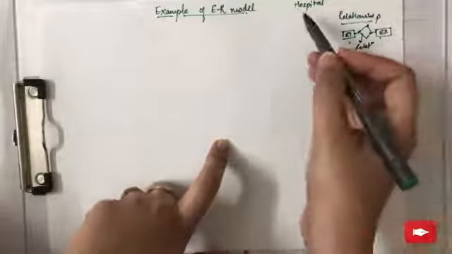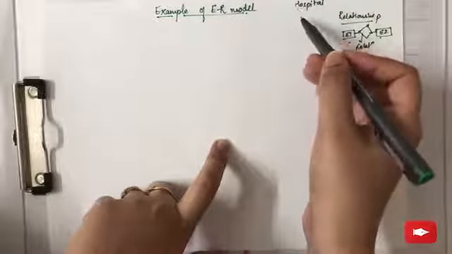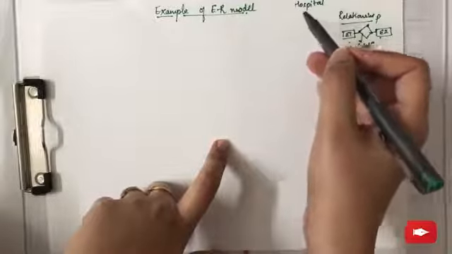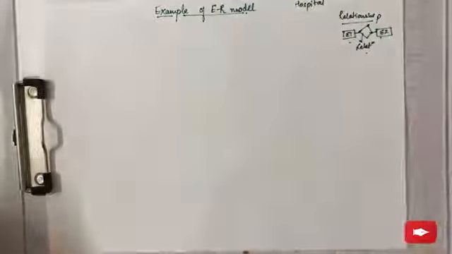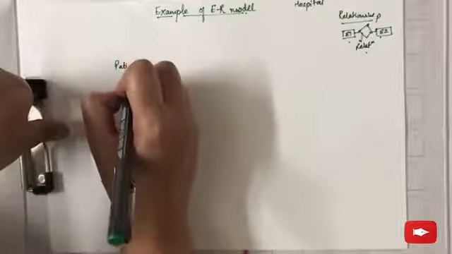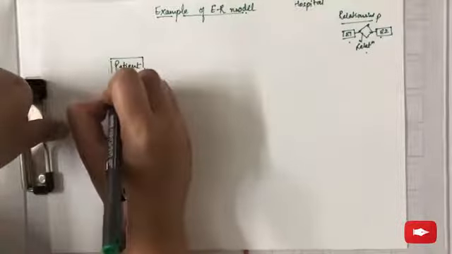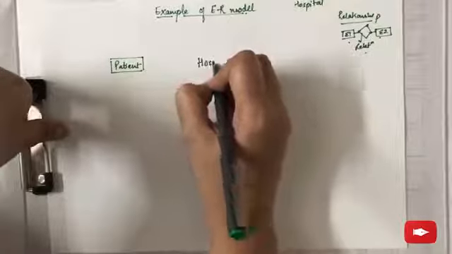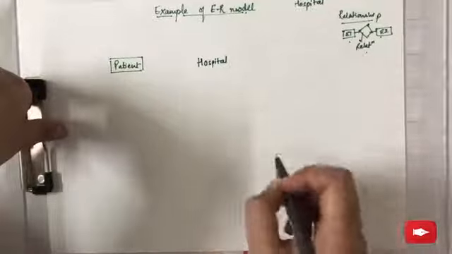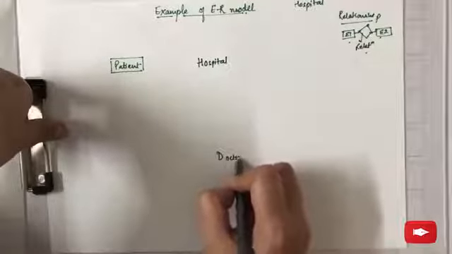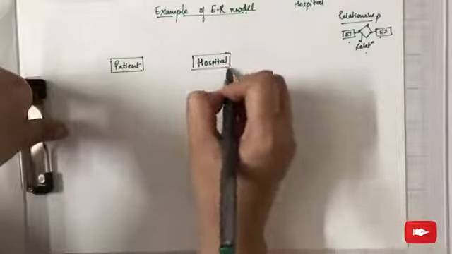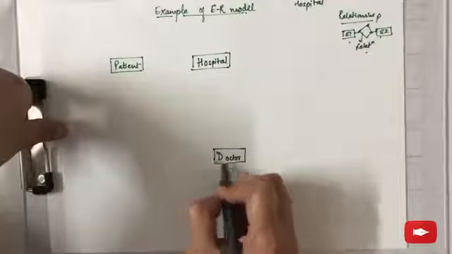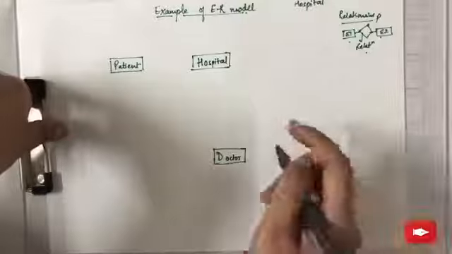Okay, now coming back to the example, we have to make an ER diagram for hospital with a set of patients and medical doctors. So firstly, we need to decide what all entities we can take. Now for instance, I am taking first entity to be a patient. It has to be represented in a rectangular box. Okay. Next entity I am taking is hospital, and the third one I am taking is doctor. I'm taking 3 entities. Now we need to think about the attributes of these entities.